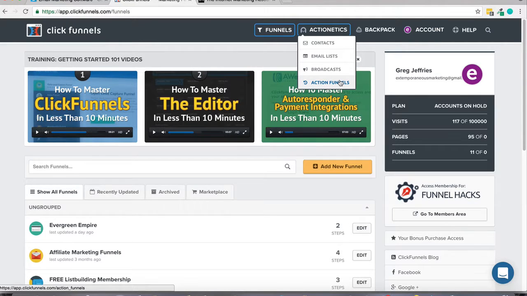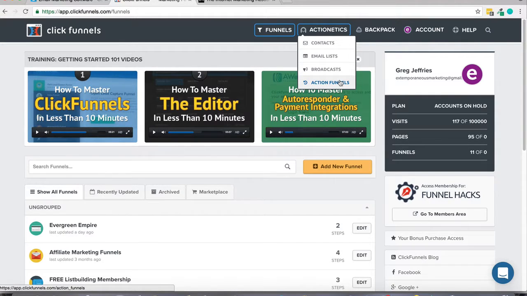You can create squeeze pages, and it's got tons of different templates. So even if you aren't a designer or a programmer, it's got tons of pre-created templates, as well as a drag and drop editor if you want to customize things and create your own squeeze pages and sales pages and sales funnels from scratch. You can also create your own sales funnels.